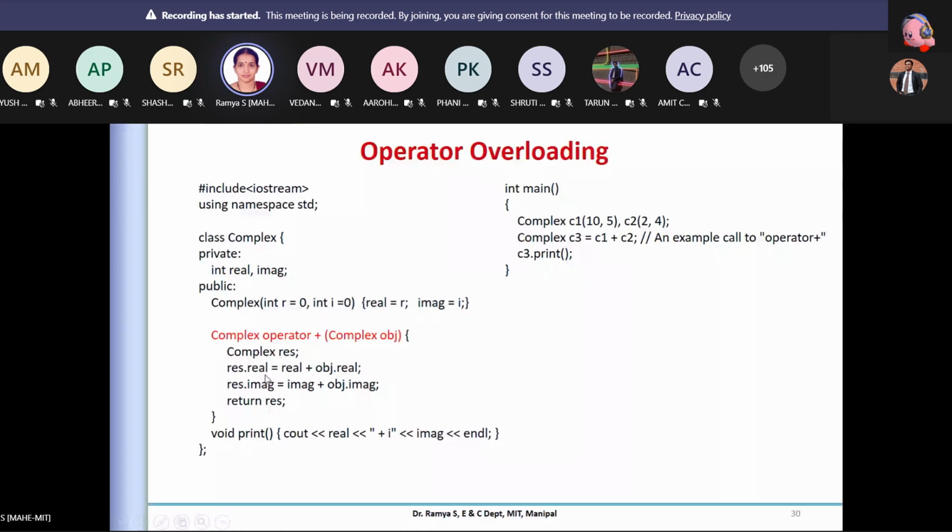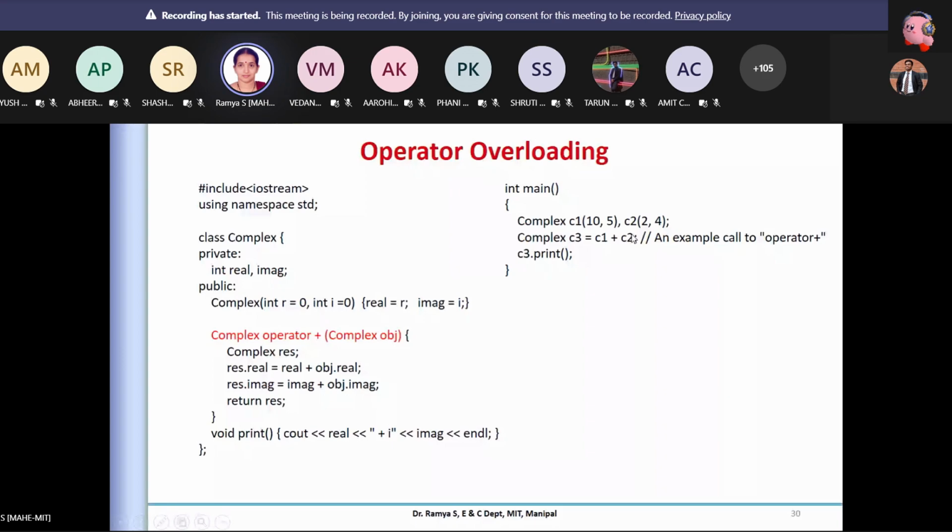In a member function, if you remember, I invoke it by C1 dot add or something like that, the object dot that particular member function. But that is the difference when I call operator overloading. Here it explicitly takes by itself the object through which you are invoking this plus. So remember, C1 is the object through which I'm calling this plus, and what is passed is an argument to this. Is it clear? Is it fine?